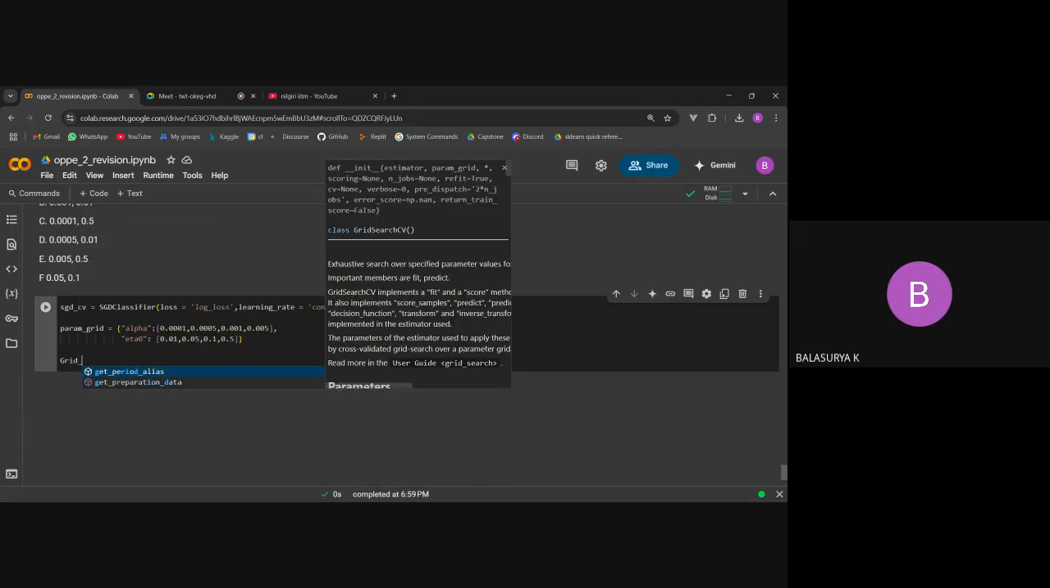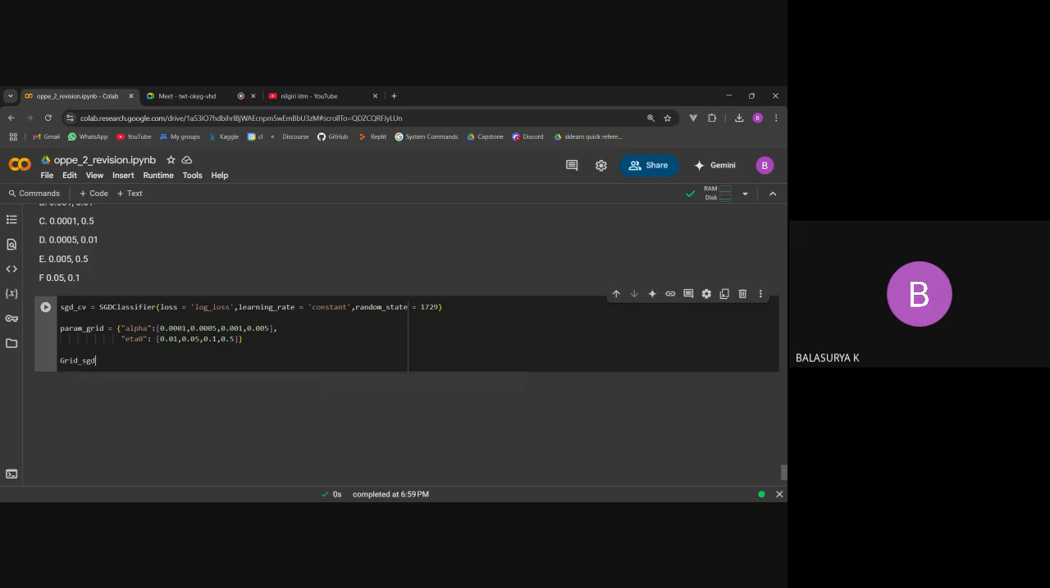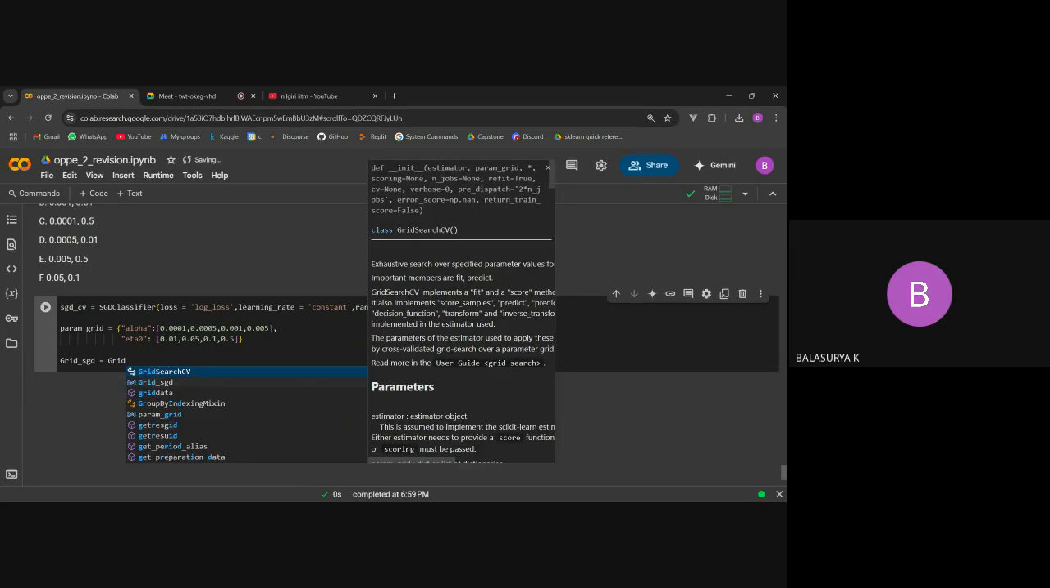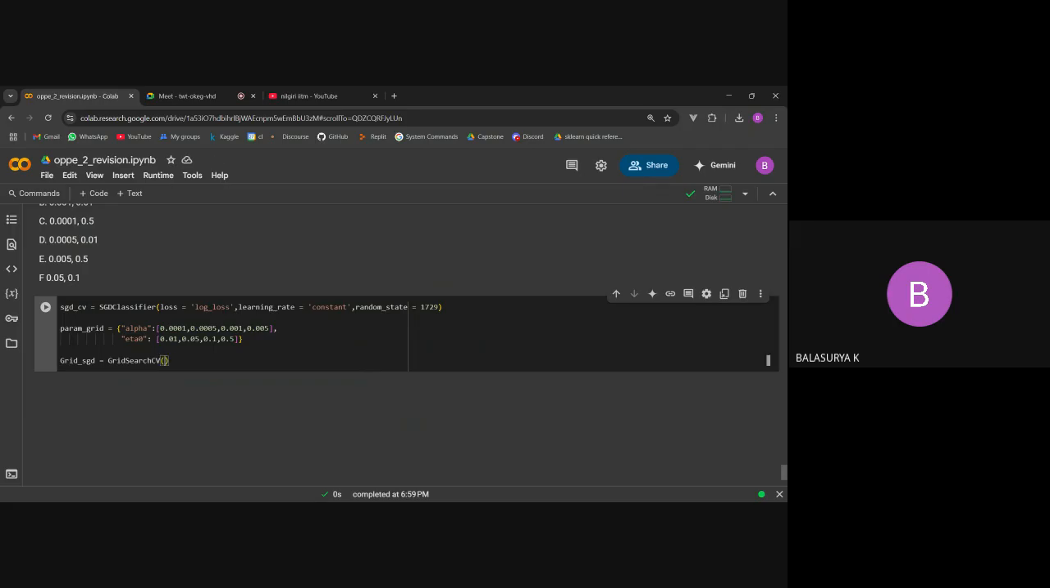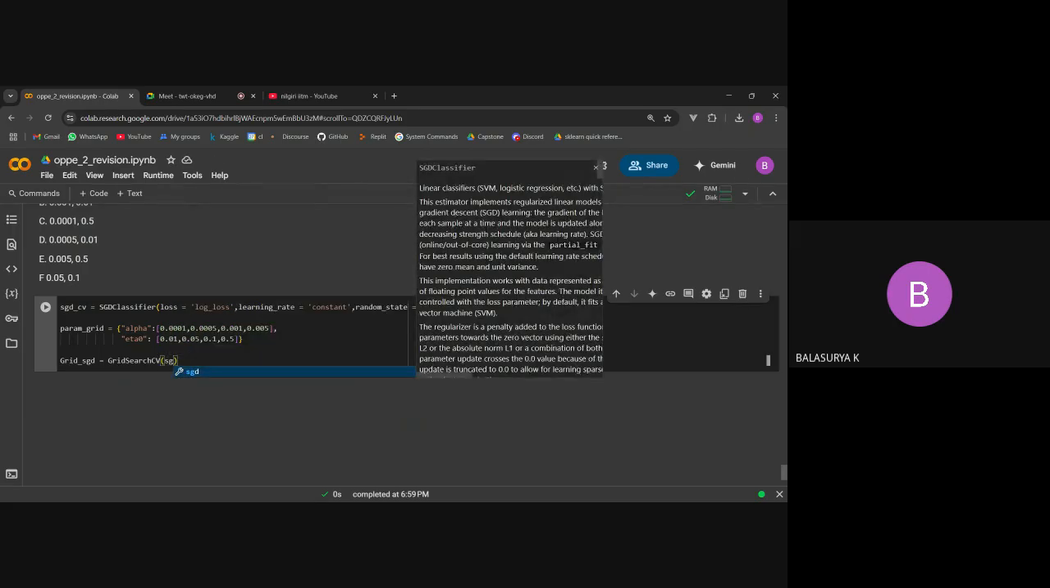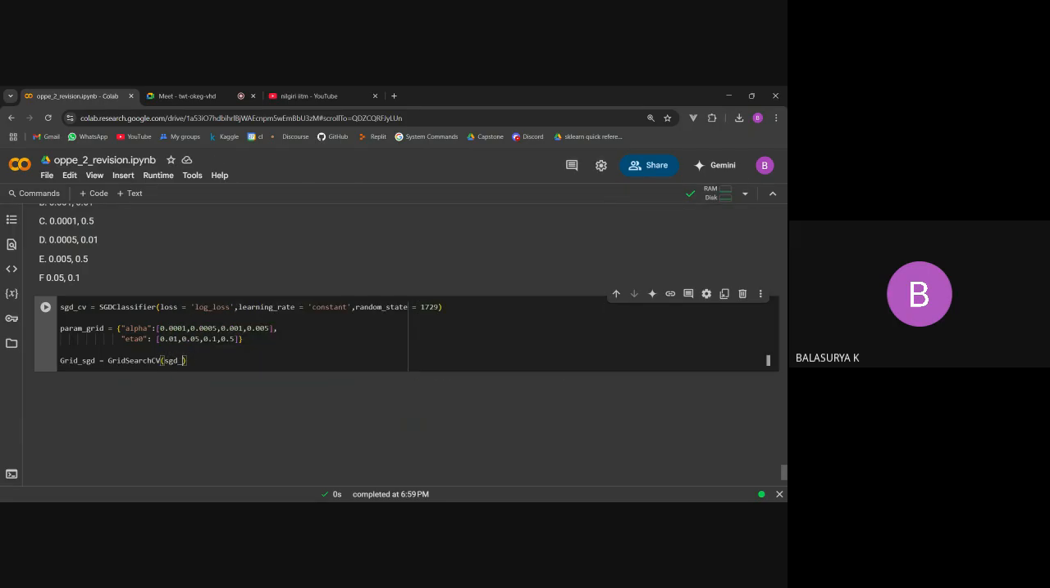So is grid underscore SGD the variable? So it is grid search CV, and first I want to give what is the object that I need to use, SGD underscore CV. This is the object that I'll be using, and I want to define what are the possible parameters that I need to give. So that is parameter is equal to the same parameter,